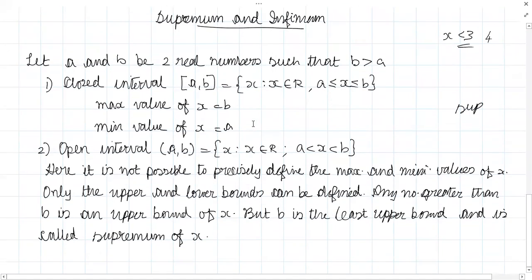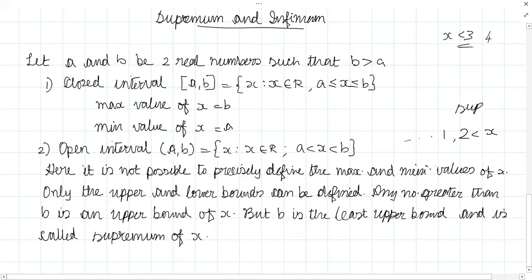Okay, so what's the lowest upper bound here? What's the lowest minimum value of X? Can you say a minimum value of X here? No, sir. No. Any number smaller than A is a lower bound of X. But A is the greatest lower bound, so that is called the infimum. Say for example, x must be less than 2. Of course it will be less than 1 also. Is it not? Less than 2 means it is evident that it will be less than 1, so you can go in the negative side.